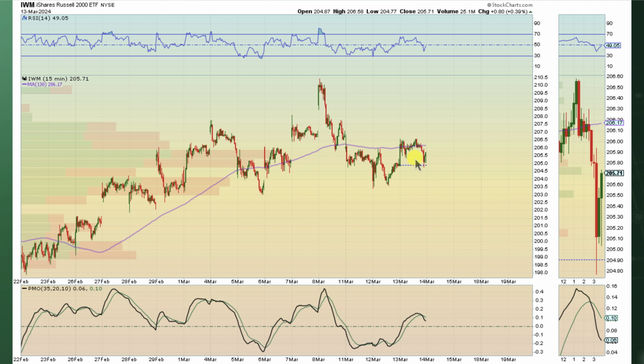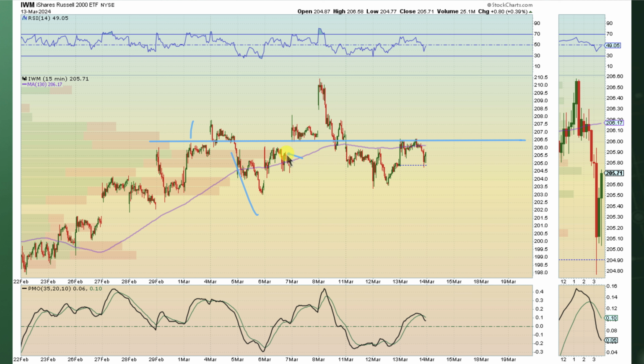IWM is looking pretty decent from a daily perspective, but look at the 5-day moving average, right? We've been going sideways here too, chopping around, right? We get a little explosive move, and then we came back in, and then the 5-day moving average is neutral here as well. So, to be a little bit more confident, I would say this level looks to be incredibly important, 206.50, and I'll draw it across the screen, because what you see here is it acted as resistance,